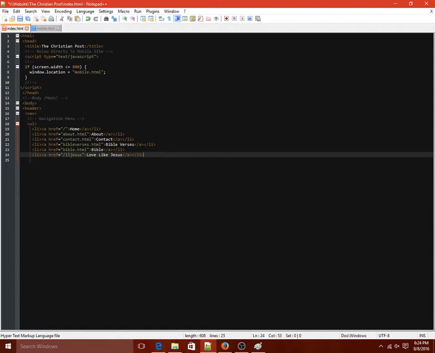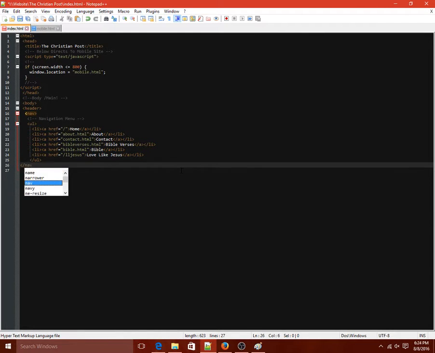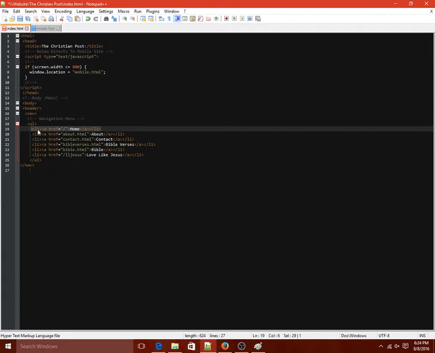Alright, so that right there is our nav. And then we'll go back one, and we will close out this unordered list. And then we will close out the navigation bar. And then, I actually forgot one thing. We should add one for the Christian post. So what we're going to do is right before the home, because it's the selected and stuff. So right here, and then we're going to do slash the